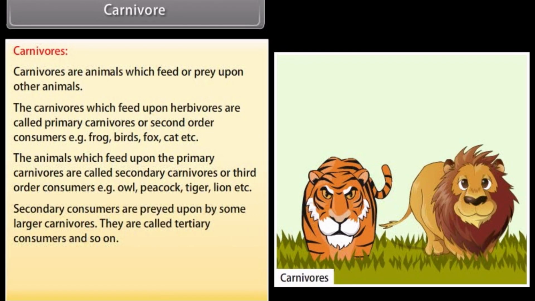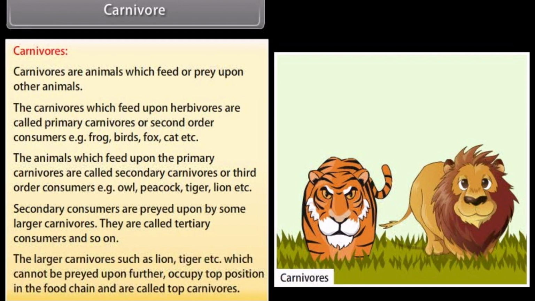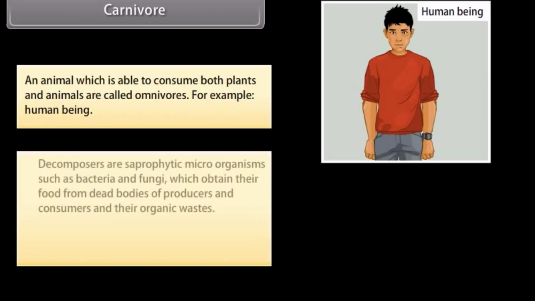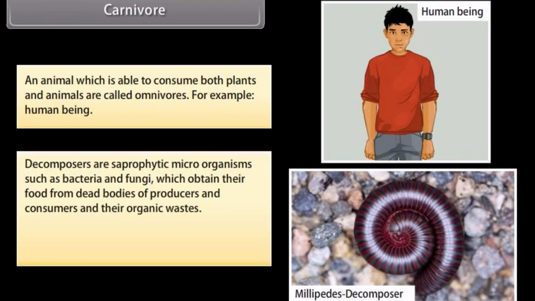Secondary consumers are preyed upon by some larger carnivores. They are called tertiary consumers and so on. The larger carnivores such as lion, tiger, etc., which cannot be preyed upon further, occupy top position in the food chain and are called top carnivores. An animal which is able to consume both plants and animals is called omnivore. For example, human being. Decomposers are saprophytic microorganisms such as bacteria and fungi, which obtain their food from dead bodies